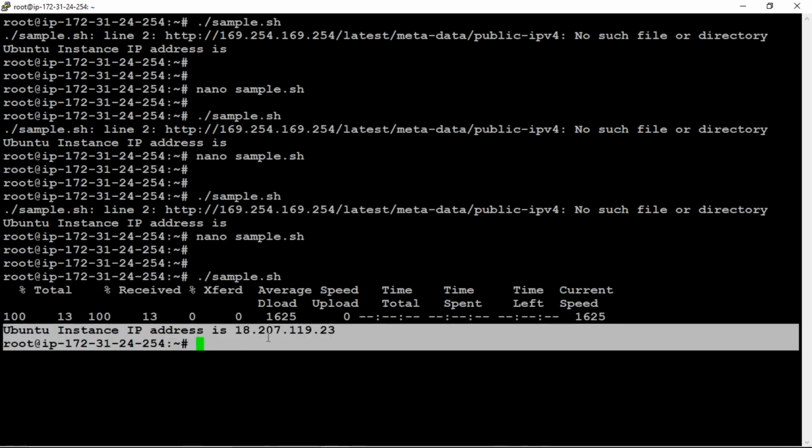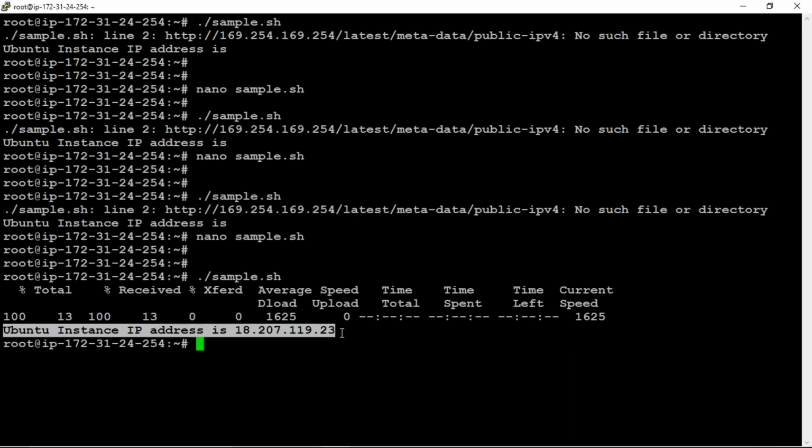Ubuntu instance IP address is that IP address we got. Got it? So done from your side.